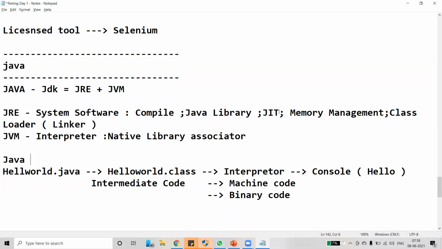At the same time, variables and objects get stored in temporary memory, and the just-in-time compiler uses them quickly at runtime. That makes your program more robust and faster from the second iteration onwards. Coming to memory management, there are two types of memories in Java: heap and stack memory.